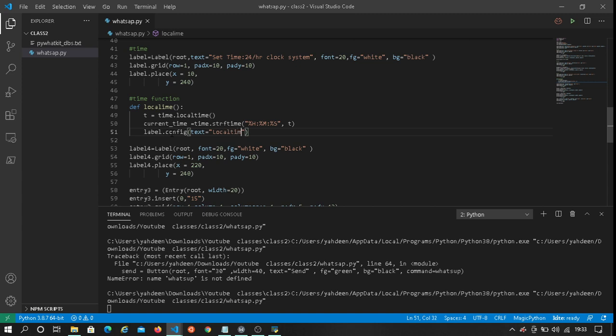So local time. This is just some text, and then now we add plus.